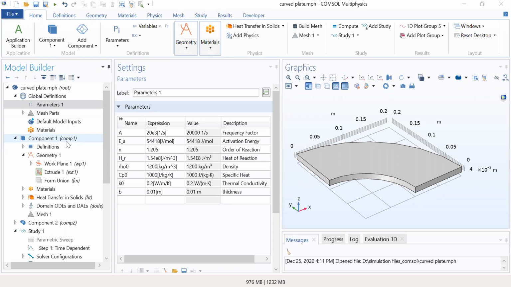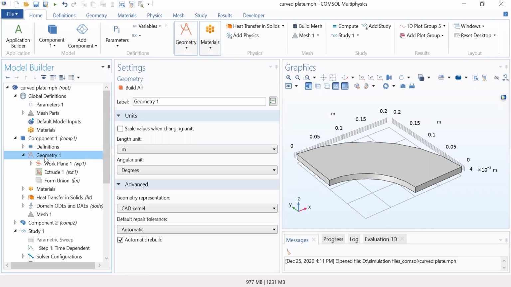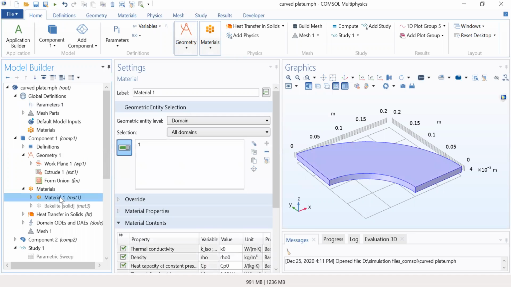So here components of 3D type. Under this geometry, I have drawn the geometry in this console only. The thickness of this geometry I have defined in the parameter, which is 0.01 meter, right? So this is our geometry. Then we'll go to the material, same as 2D, that blank material I have added, and the properties I have taken automatically here,